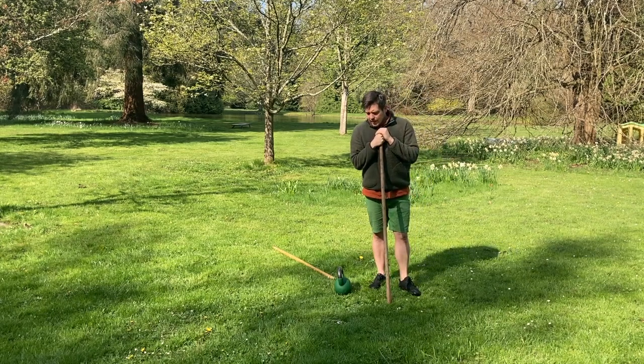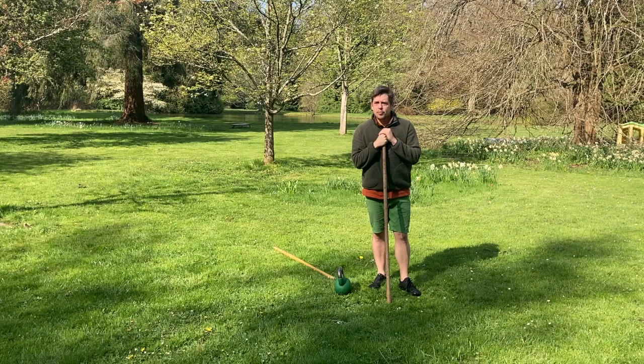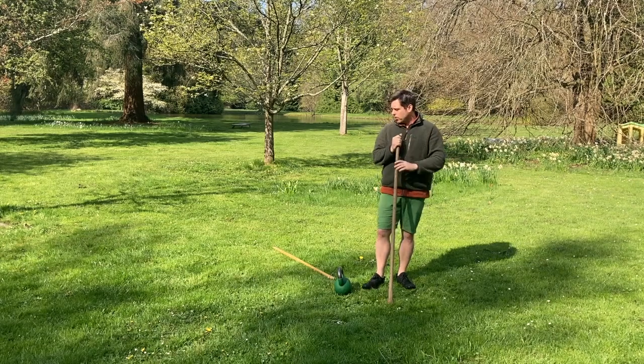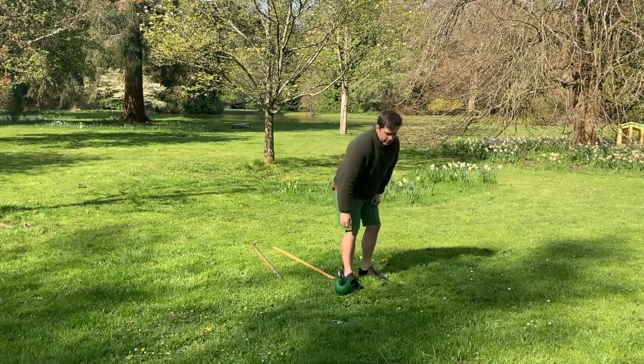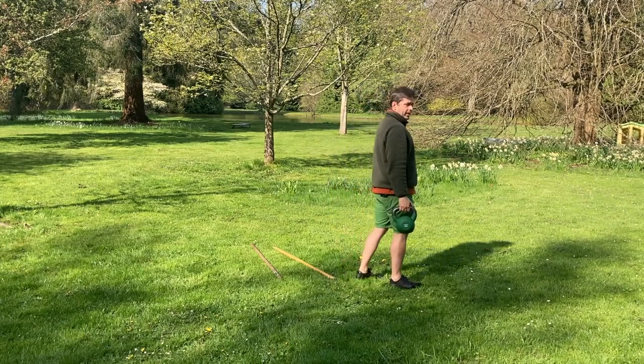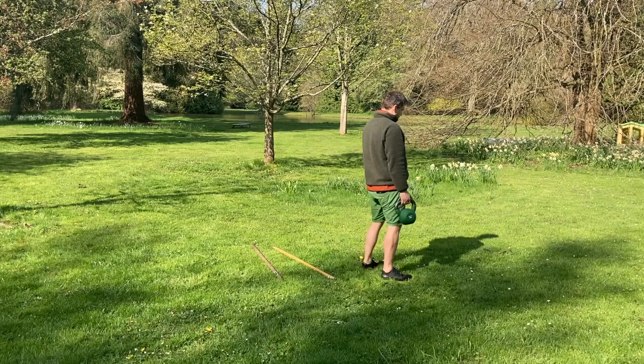And then the single leg Romanian deadlift has all kinds of related movements as well. So once you get people used to doing the single leg Romanian deadlift, you can work in all kinds of things. One of the ones that I do quite a lot are the hinge walks. Normally I'll do them with 2 kettlebells, but I'll just do them with 1 because that's what I have on me today. So this is just going to be